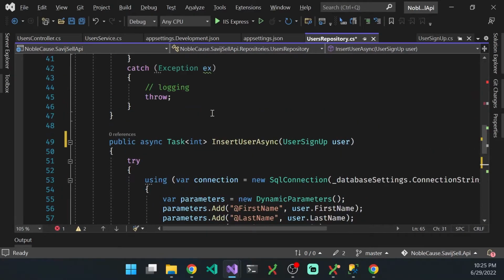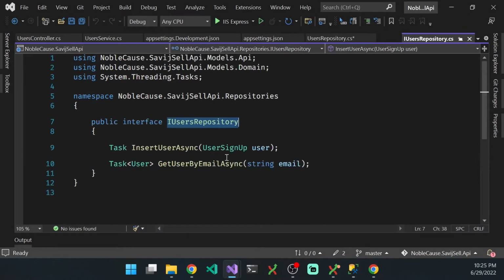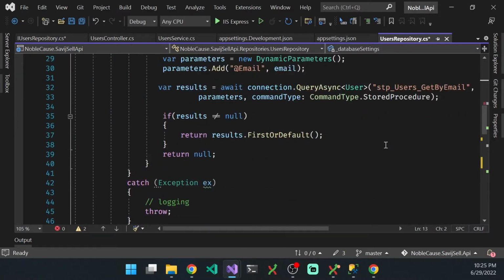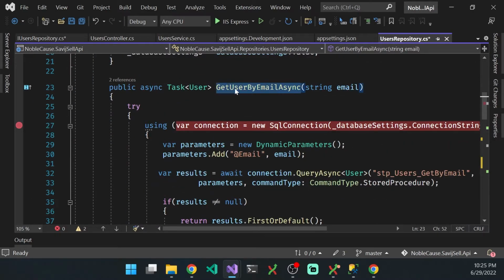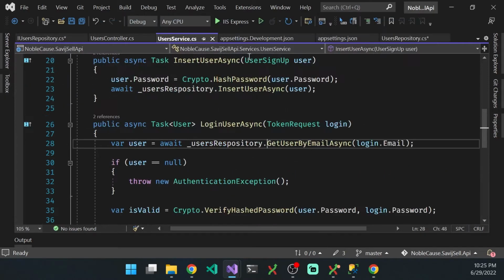And so the other thing is we're going to have to go into the interface and change our task to a task of int, because this guy's going to be complaining up here. And so we're going to change that to return an int. So now when get user by email is called from the service, right, it's,